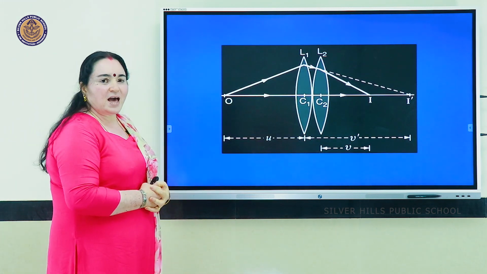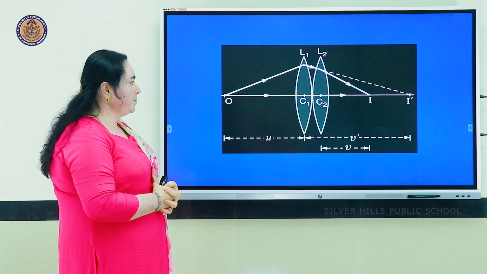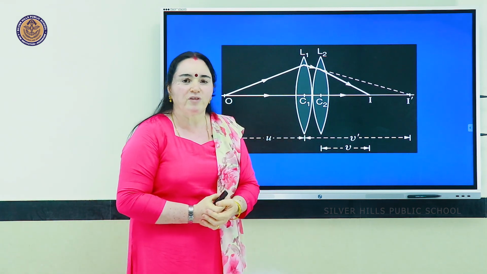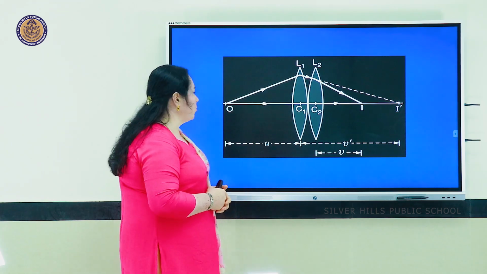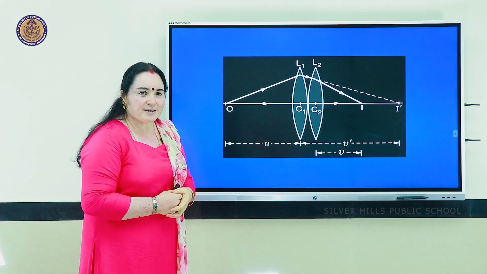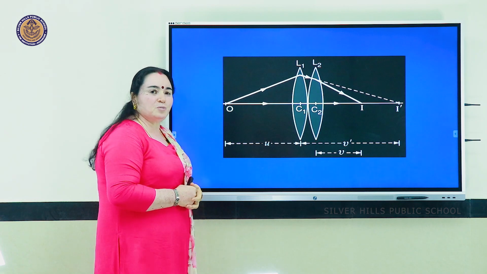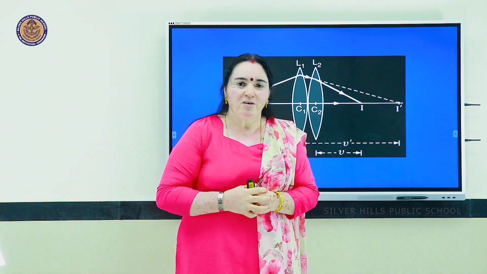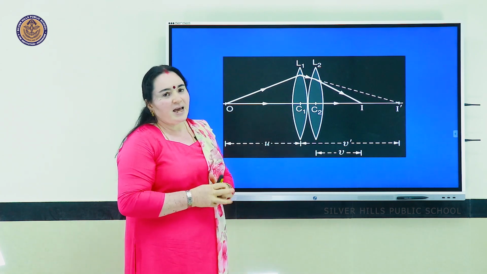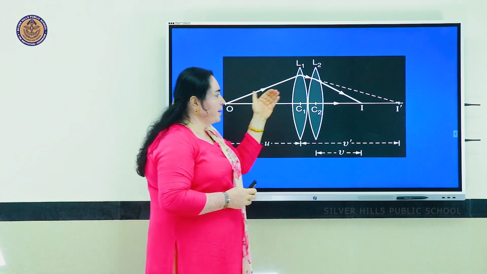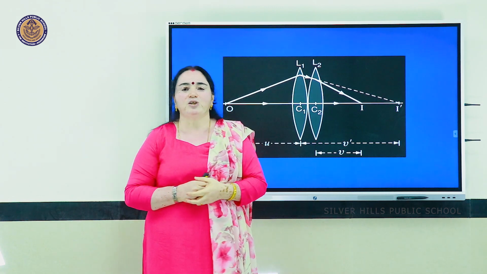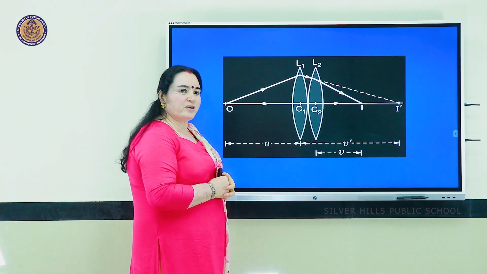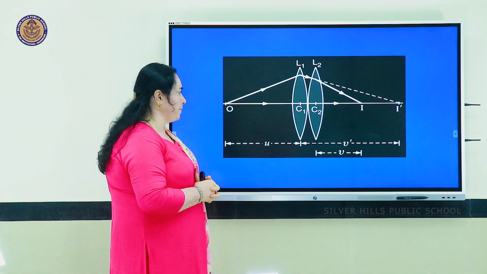So, we have two lenses shown here, and both these lenses obviously have different values of their focal length. I place an object on the principal axis, and the object happens to be a point size object. For an image to be formed, we use two rays of light. After refraction, where they meet, that is the point at which we create an image. So, let us see how the refraction actually takes place over here.